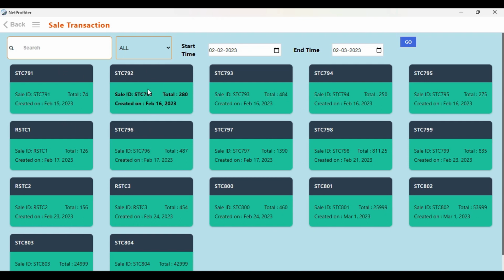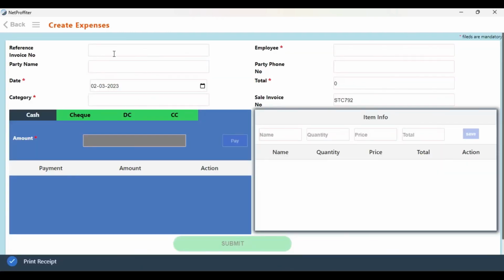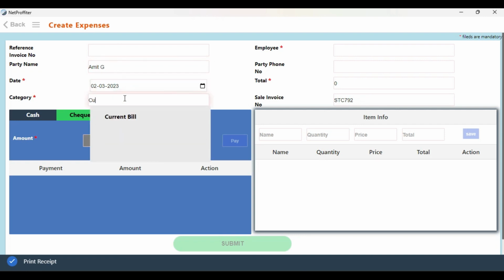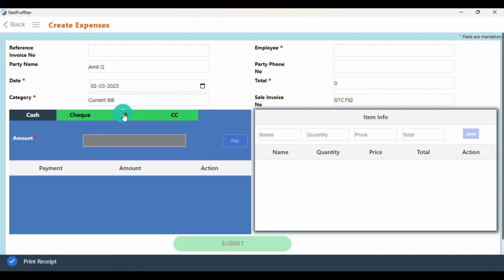To create sale expenses, you need to select the sale card here, and a create expense page will open where you need to give the reference invoice number and party name, and you need to select the date and category, in which category you need to put that expense. I will select the current bill only, and you need to select the employee name also, give the party phone number, and give the amount here, and you will get the sale invoice number also while creating